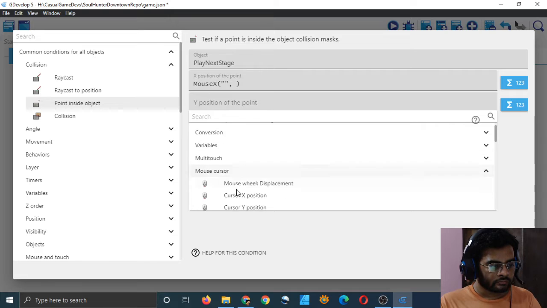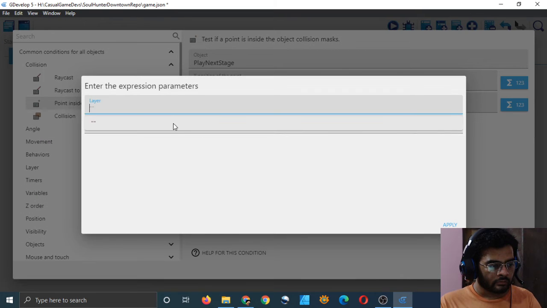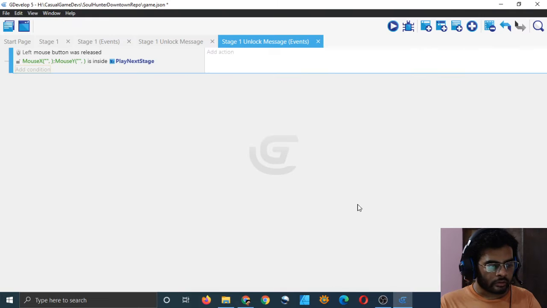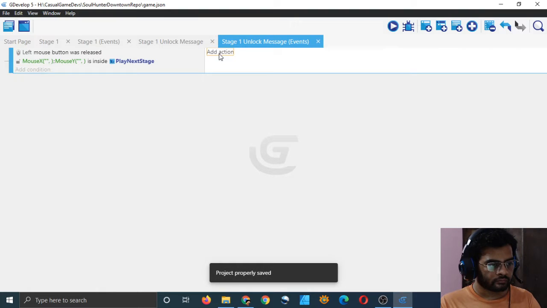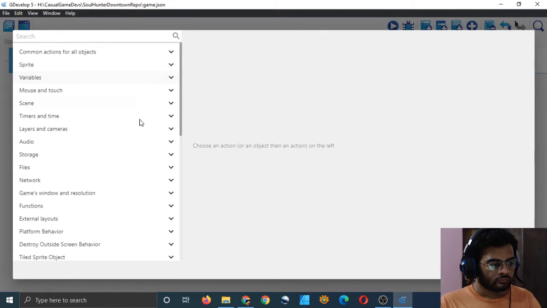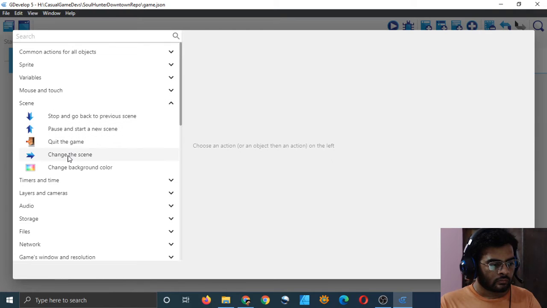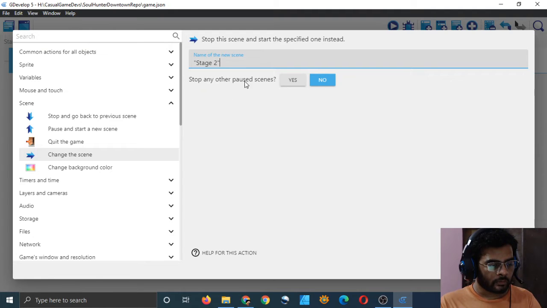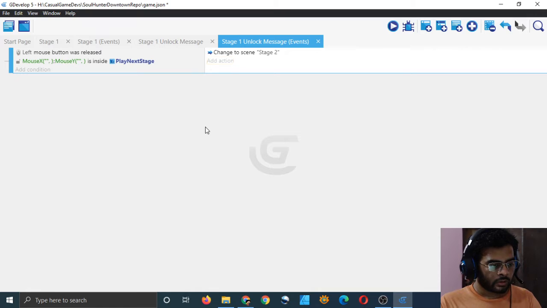And for the point, let's use mouse X and mouse Y. When this happens, we will go to the next stage, which is stage 2 in this case. Change the scene, stage 2. Stop any other paused scene? Yes. Okay. So there it is.